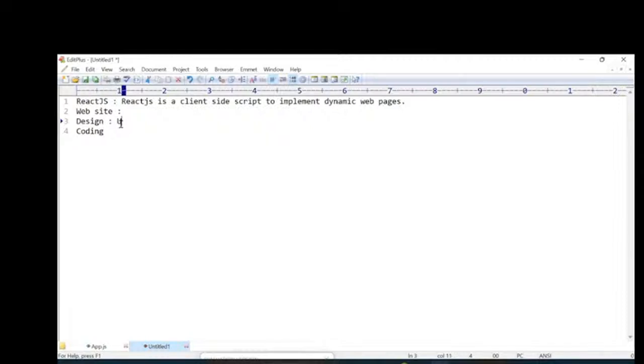In the design phase, programmers are creating user interfaces. What is a user interface? It is nothing but the front page which we are displaying. For example, if you open Google or